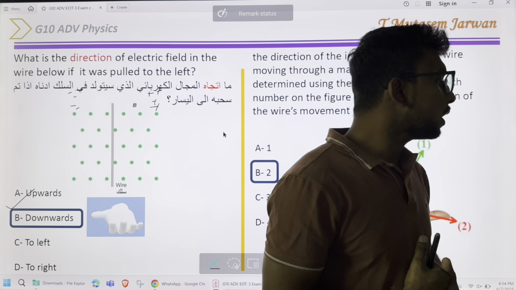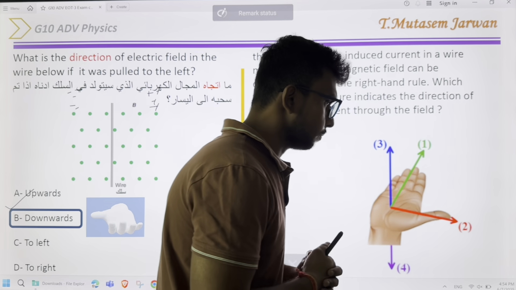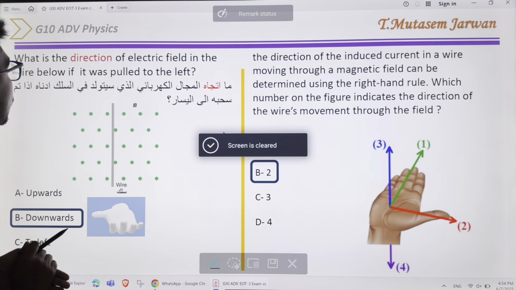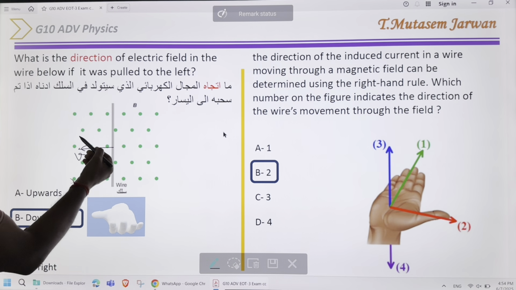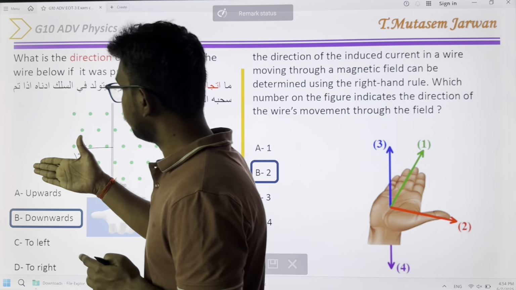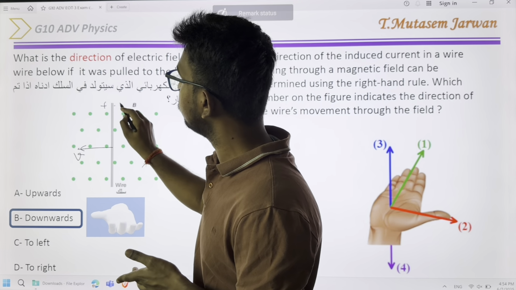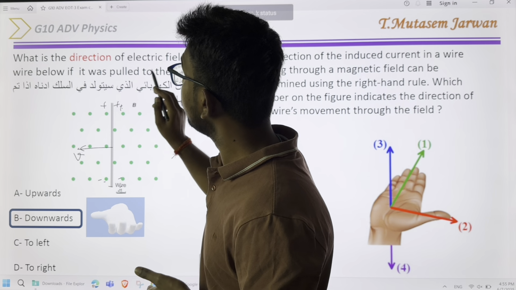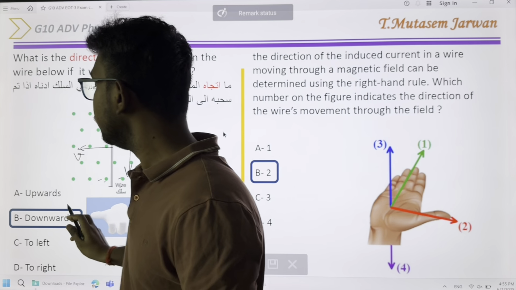What is the direction of electric field in the wire below if it was pulled to the left? If we are pulling it to the left, velocity is here, magnetic field is out. So I'll place my fingers towards velocity, magnetic field is out, thumb is pointing up. So this is positive, this is negative. The direction of electric field is positive to negative. Electric field will be,